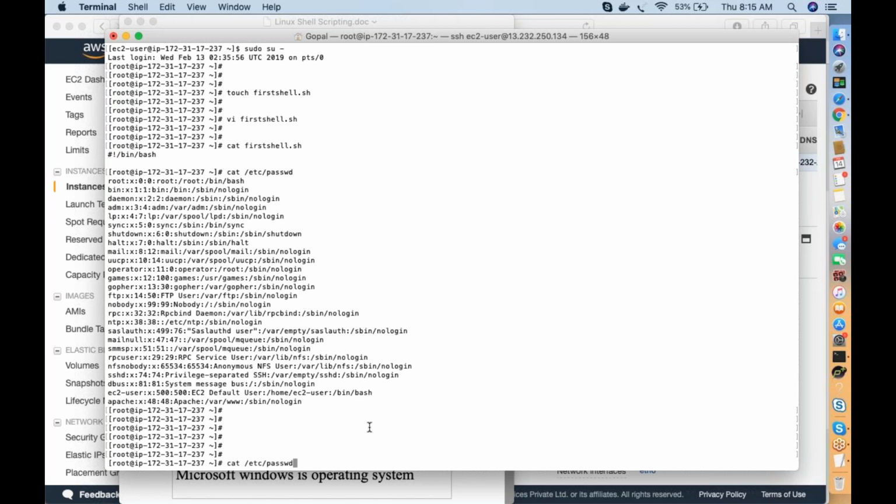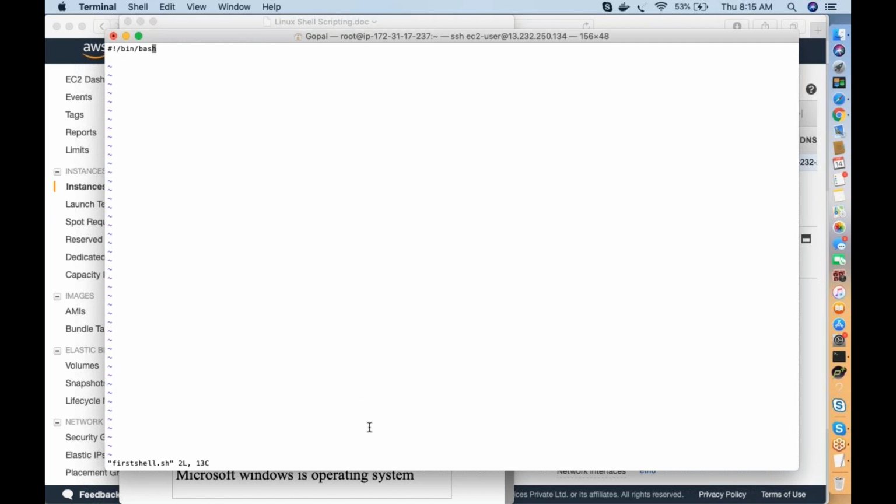That's the reason when you write any shell script, you have to start the line with bin bash, so any user can execute your scripts. If the user doesn't have a bash profile, the script's first line has a bash profile, so it uses this bash profile and executes your script.